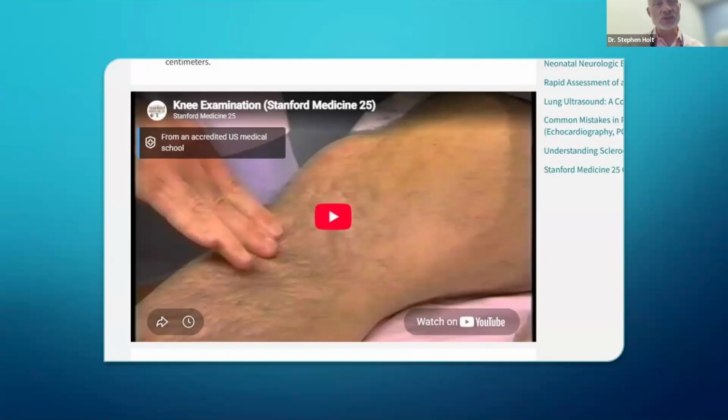But even watching the videos, it was the same thing. Even if I could see the exam being performed by people who were competent, I still didn't know if what I was doing was competent. Just like a gymnast can't really learn how to work on the balance beam if there isn't a coach watching them, giving them direct feedback about the things they're not quite doing right. And there's no way that any athlete would perfect their skill of that particular sport by just watching videos. Videos may help and textbooks may help, but you need somebody giving you direct, immediate feedback on how to improve your skill. That's called deliberate practice, which watching videos was just not successfully performing.